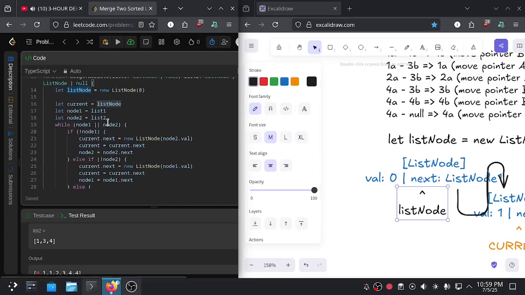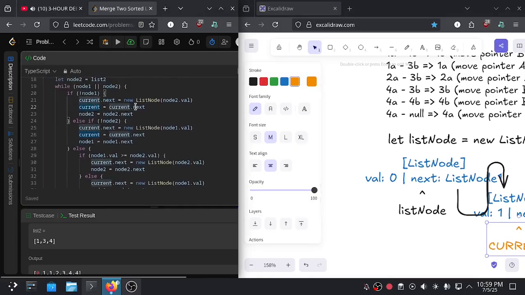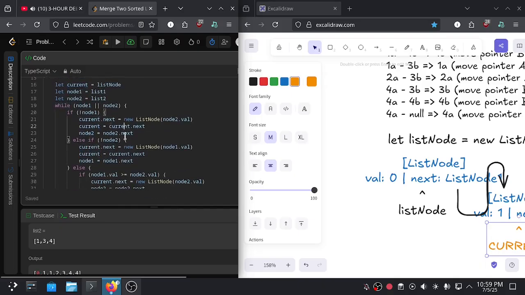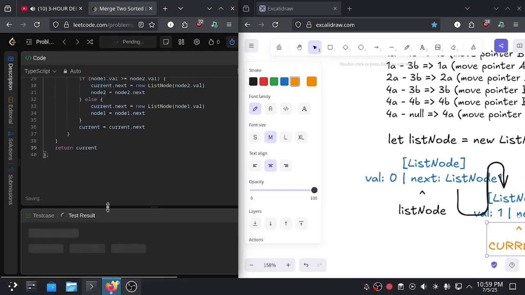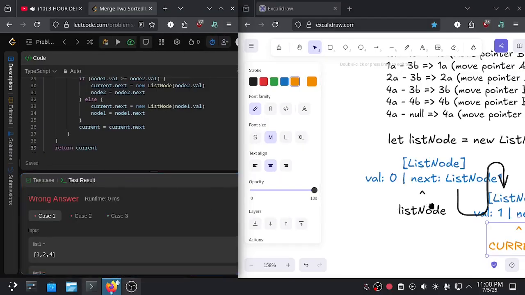What about if we use the current? Because it's pointing to the class, or the tail of the list node right here, after all of the iteration process from the current.next from the while loop right here. So let's use this and try it out to see if it works. Since current is the one that is always moving around to the next list builder,